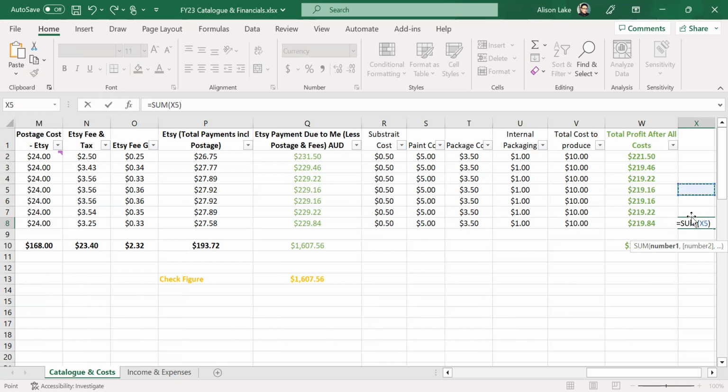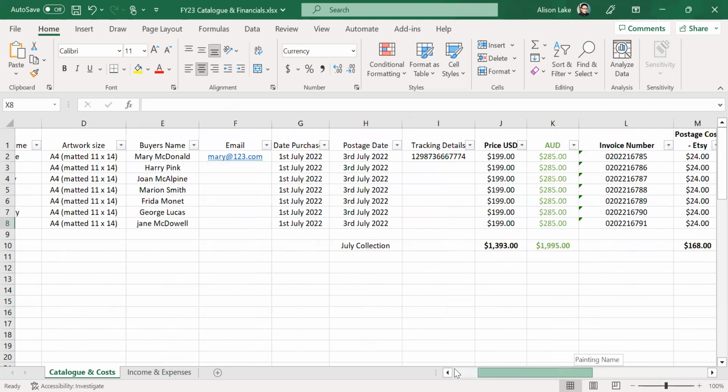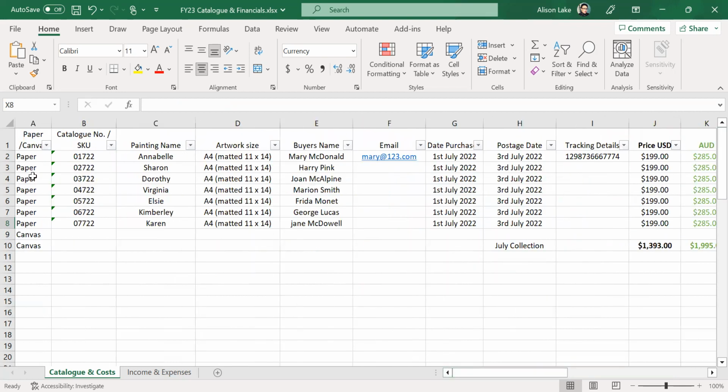Hang on. Now I need to delete that. Let me come out. So just delete that. I've confused it. So that sum is actually not those. That sum there is what I've taken less the total cost gives me that. That's what that sum is there. Okay, so this is roughly how I kept track of what I was selling, what it was, the catalogue